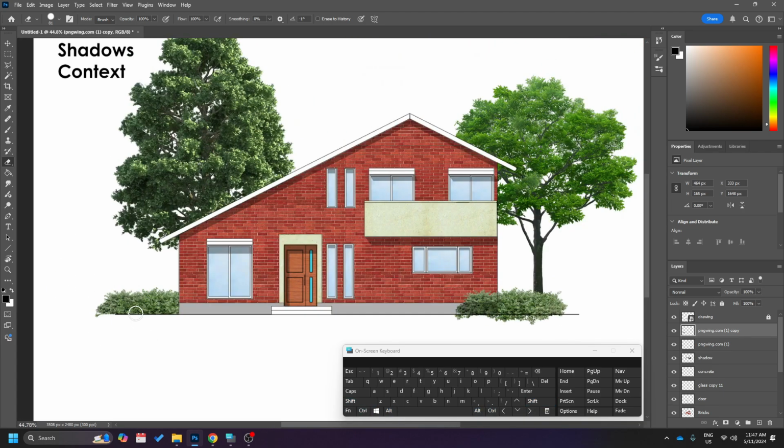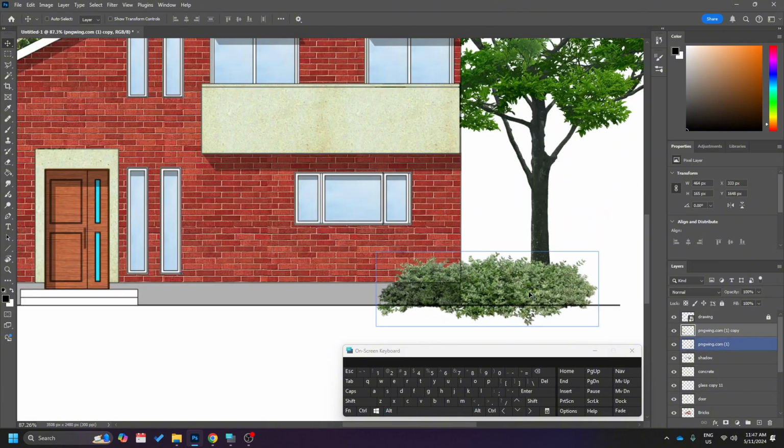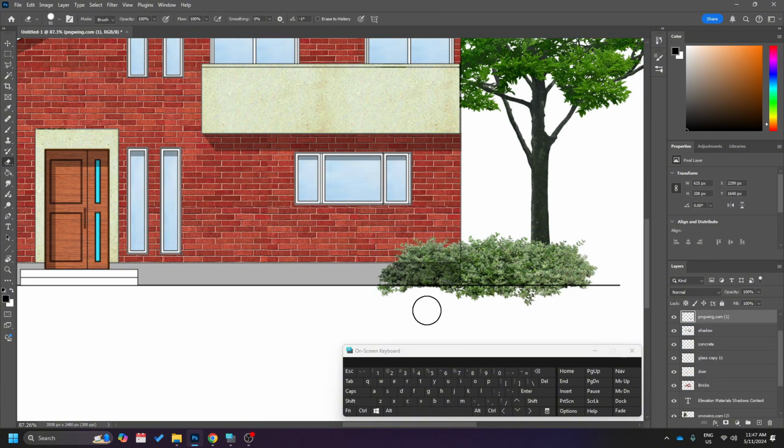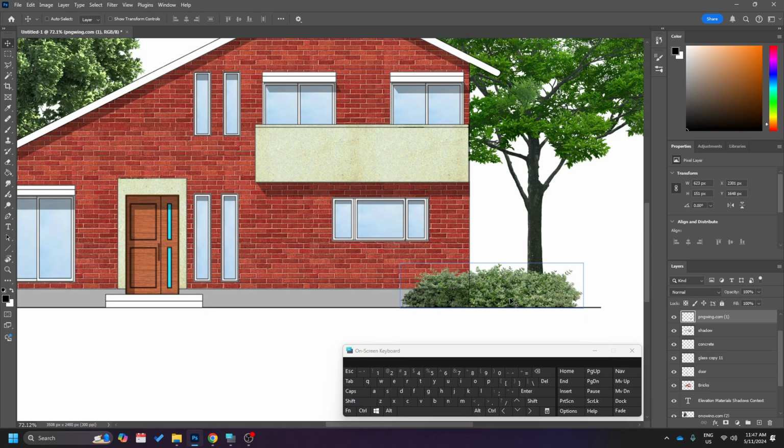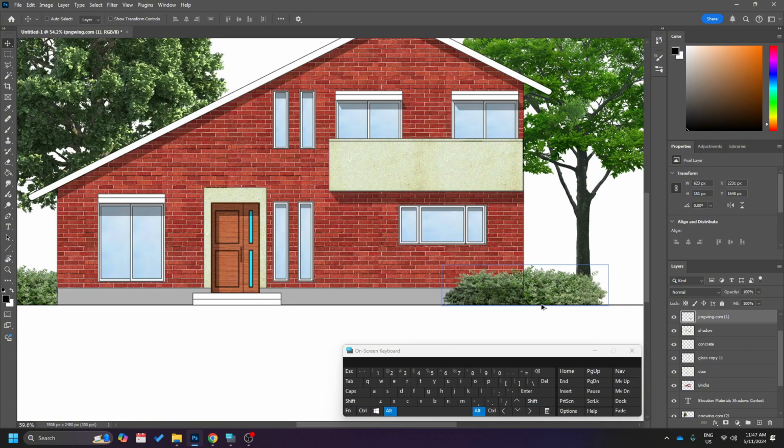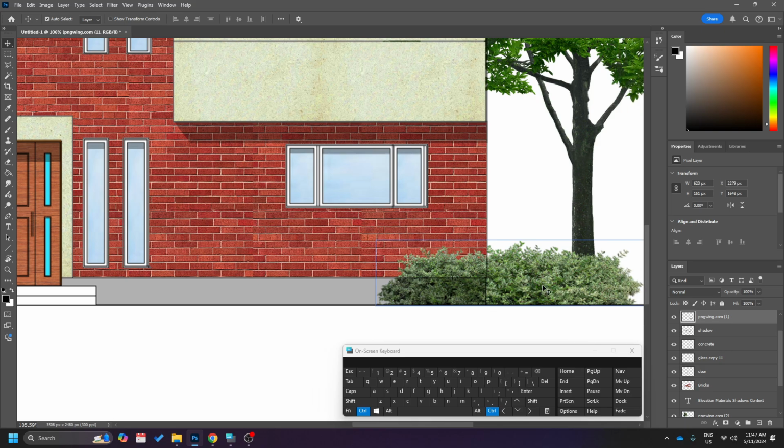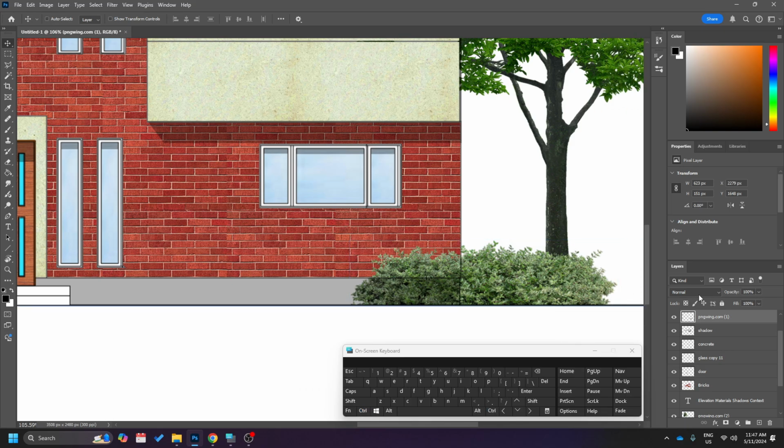Cool. Done. So this appears at the back, this appears at the front. Now, whatever things that you have on, that doesn't make sense. Hold on. We just have to erase this part. Okay. So whatever things that you have in front of your building, it's important that you make it to be multiply. Change it into multiply. Okay. That means,